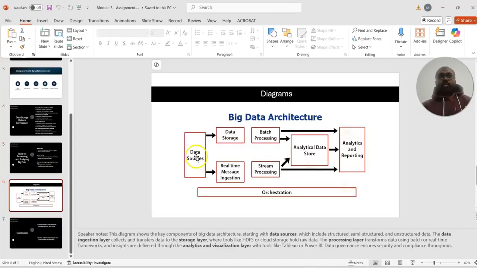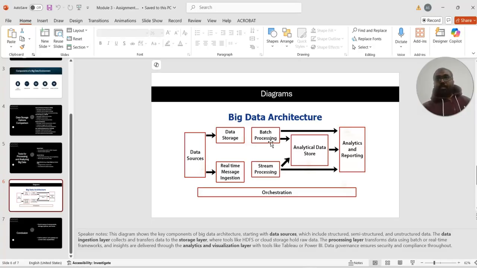Then let's move to the big data architecture. In big data architecture, the first thing that comes is the data source, from where the data is coming. In this data source, the data can be structured, unstructured, semi-structured, different types of data. This data is transferred to the data storage using the data ingestion layer, and then it is transferred to batch processing using the